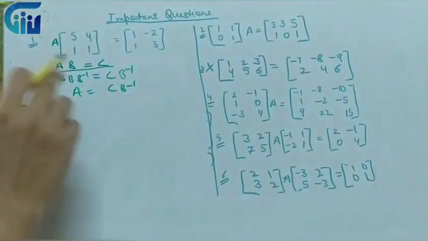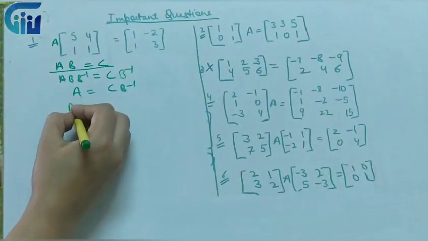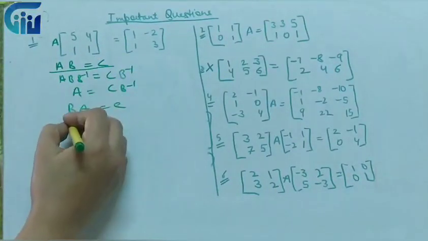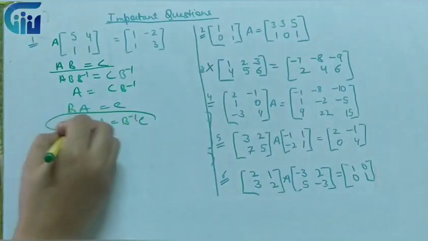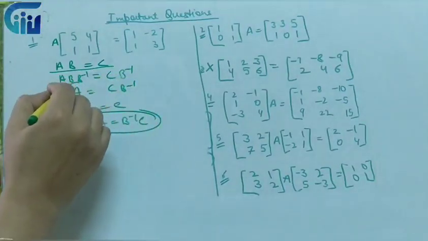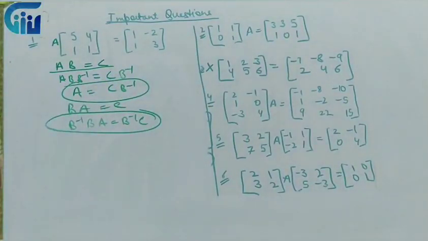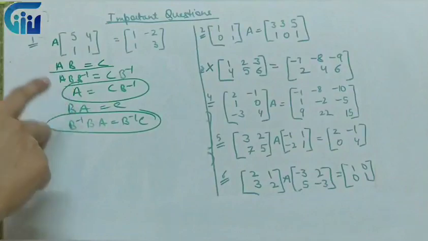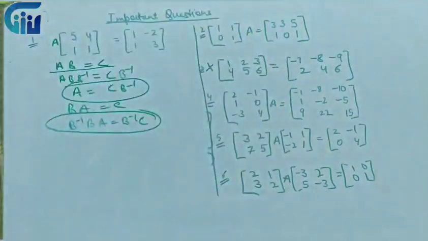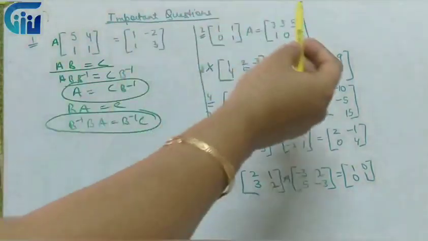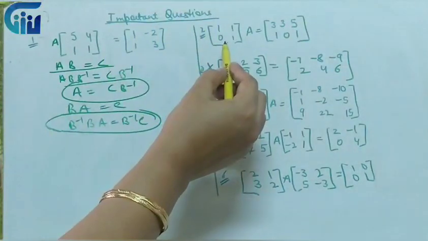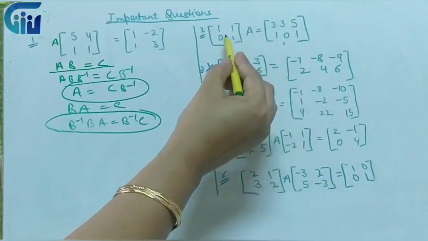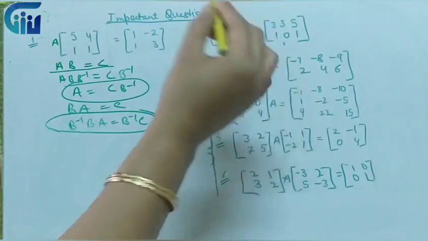So you have to be very careful. If it is like this, you will post-multiply. If it is like this, you will pre-multiply it by this. So it is a very important concept. Everybody has to be very careful how we are multiplying, what we are multiplying. Based on this concept, you can try this question over here. You can observe this is also a square matrix, but the result is not a square matrix. No problem, we can multiply because we are taking the inverse of this, not of this. So again I can pre-multiply it by B inverse.